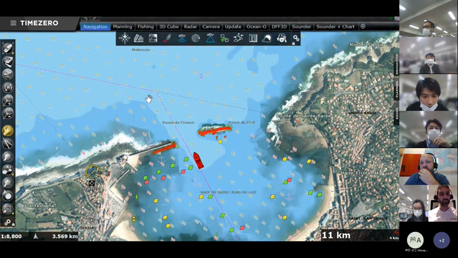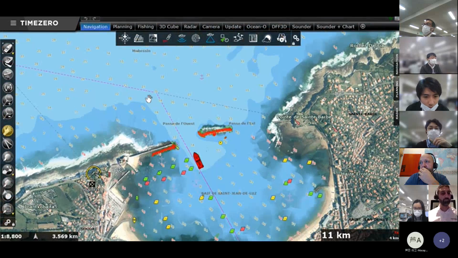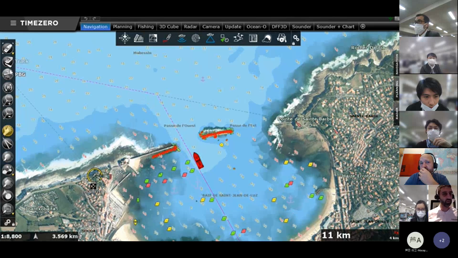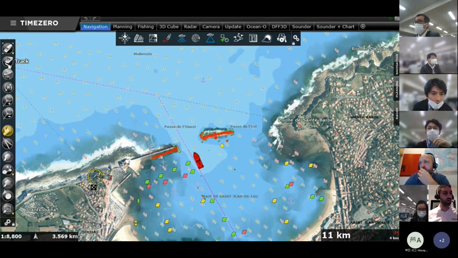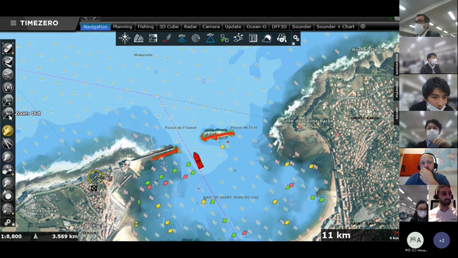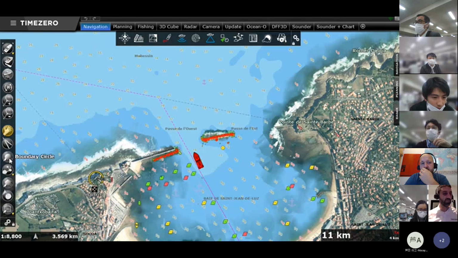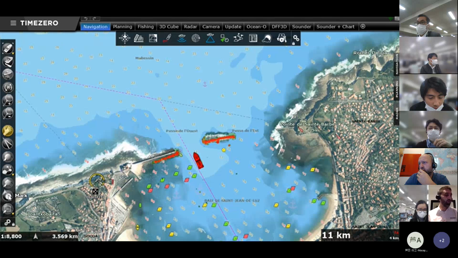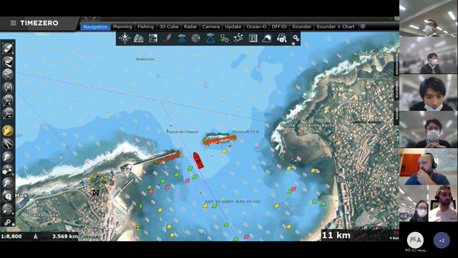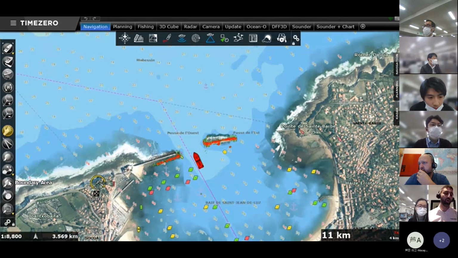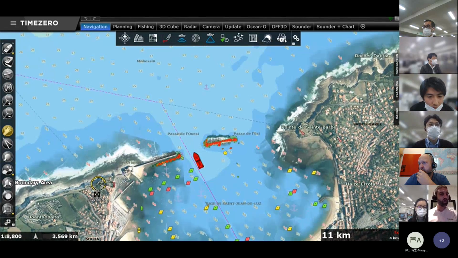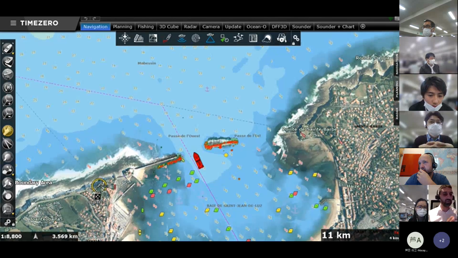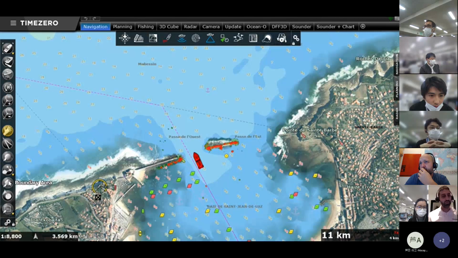So I would say that the Time Zero user interface is divided into three main parts. On the left side of the software, you'll find a toolbar. When I put my mouse on these icons, I can see the name appear and see what tools are available on my toolbar. These tools allow me to create a mark, for example, or create a boundary on the chart, or a route, or zoom in, zoom out. So I have a lot of small tools that are always available on this toolbar that allow me very easily to find the tools to interact with the software.